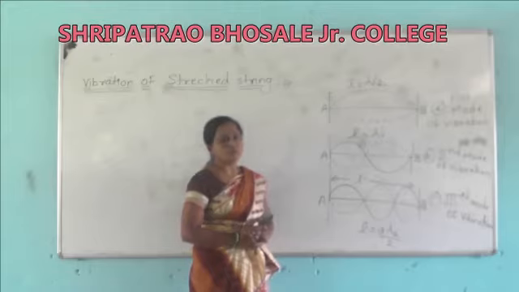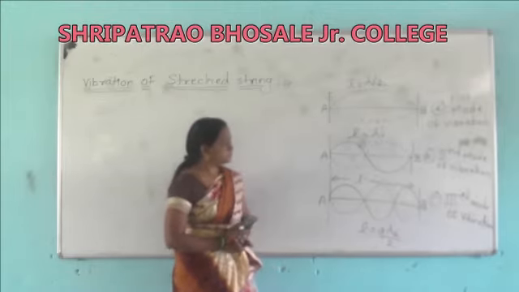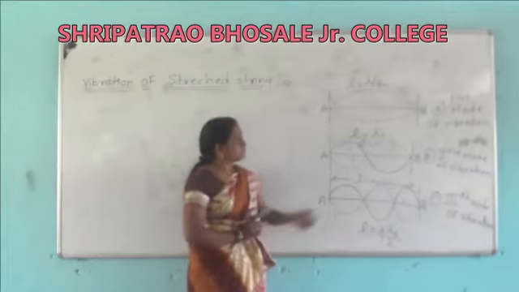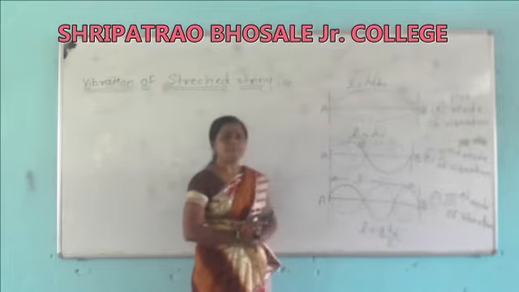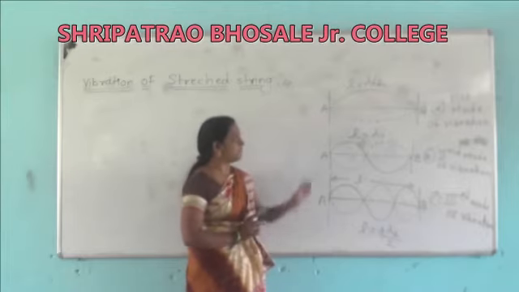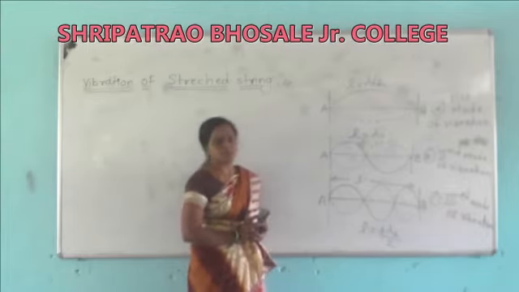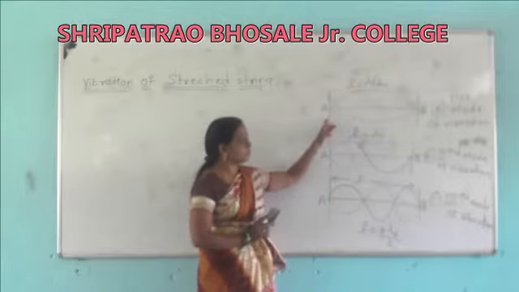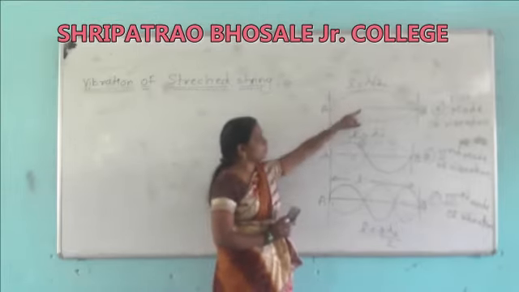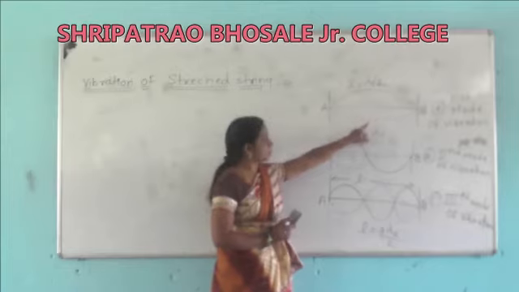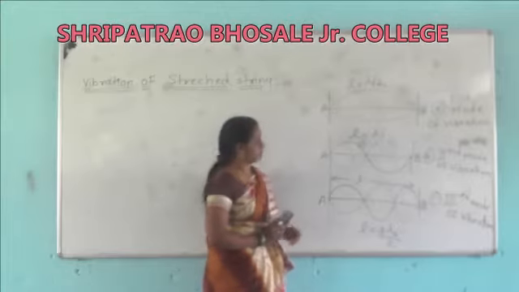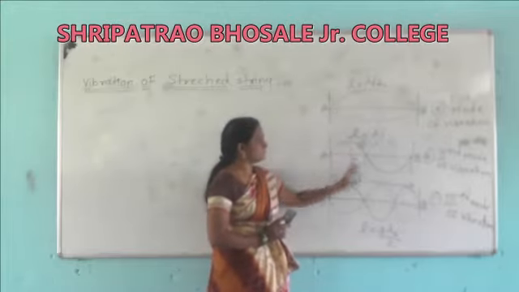Due to superposition, stationary waves are formed. We know that when two identical simple harmonic transverse progressive waves travel along the same path in opposite directions, the resultant wave is obtained in the form of loops, and that is called a stationary wave. In the first mode of vibration, one loop is formed. An antinode is formed at the middle of the string, and nodes are formed at the closed ends.